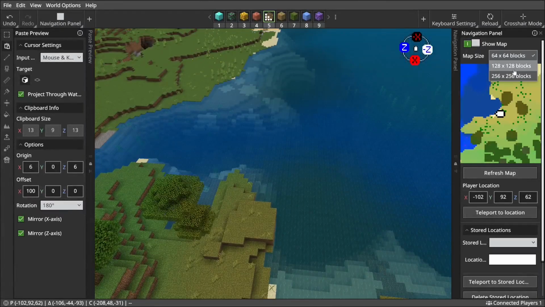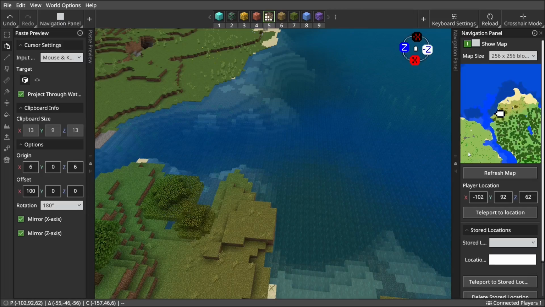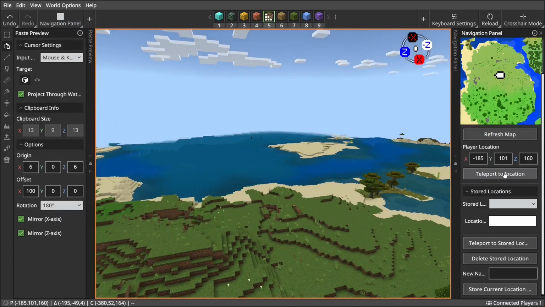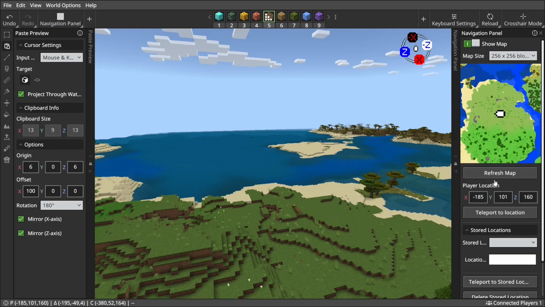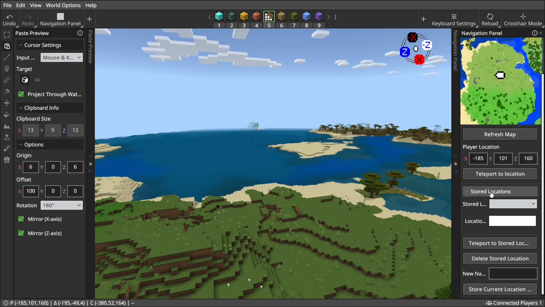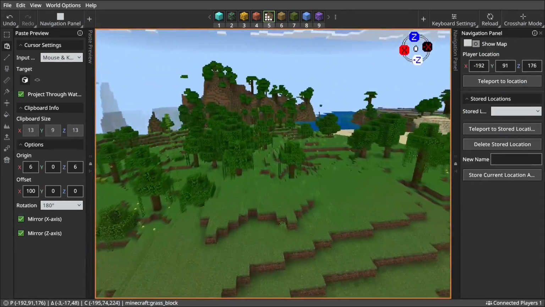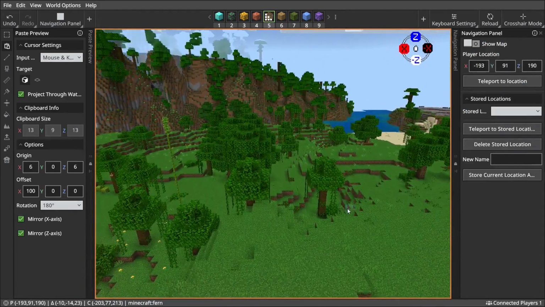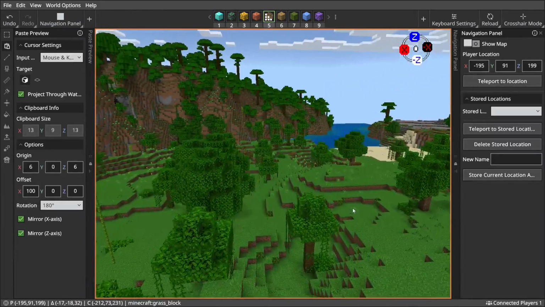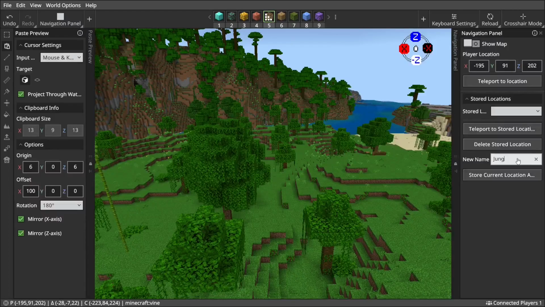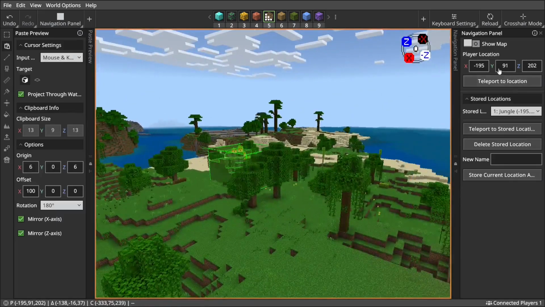You can change the size of the map so that you can teleport yourself further away. Just like that. You can also store locations. That is very convenient. Like say I wanted to be able to get back to this jungle biome without having to memorize the coordinates. I can simply insert a name, hit store current location, and then if I teleport